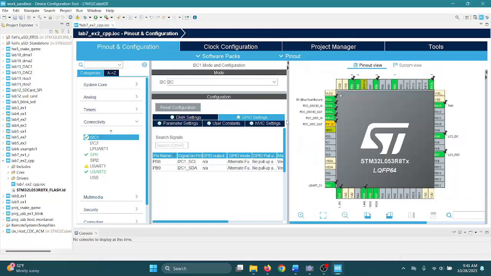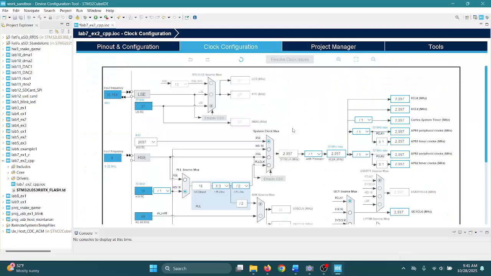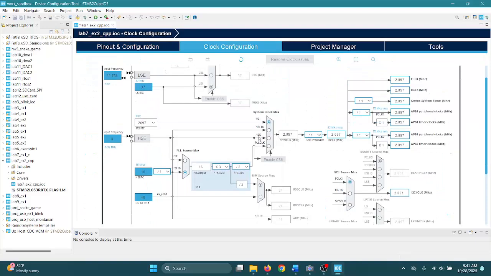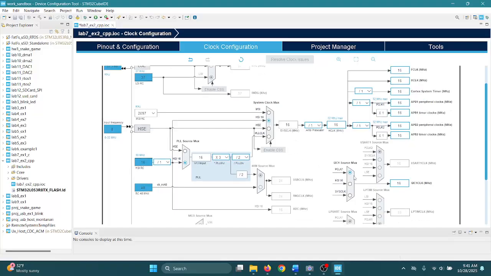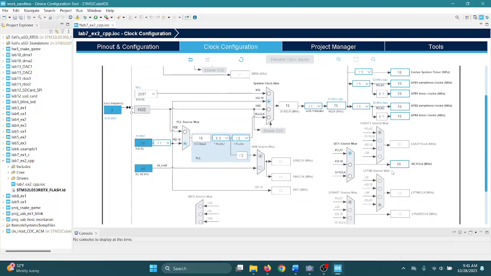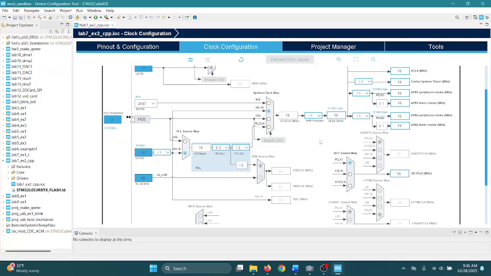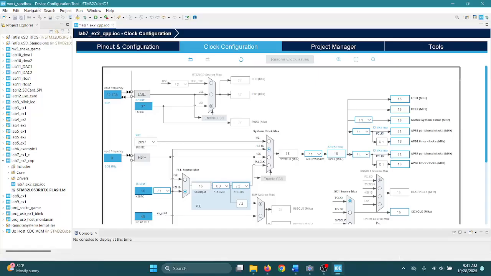One more thing that we want to do here in the CubeMX is the clock configuration, which I would like to go and use the high-speed internal clock. The other clock configurations will be left as they are. I see here that I2C will be using P-clock1. Yeah, that's pretty much it here. With that, let's save this